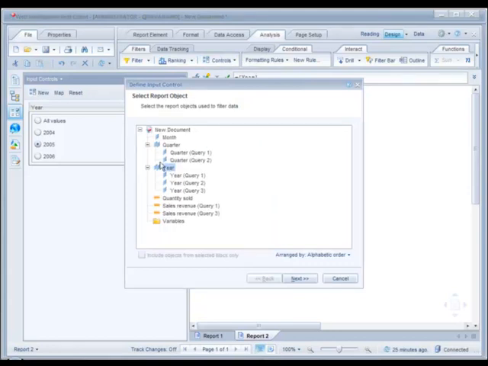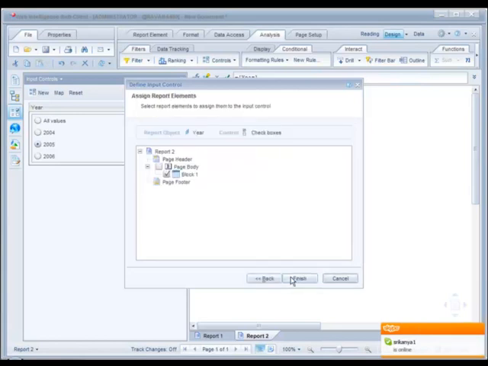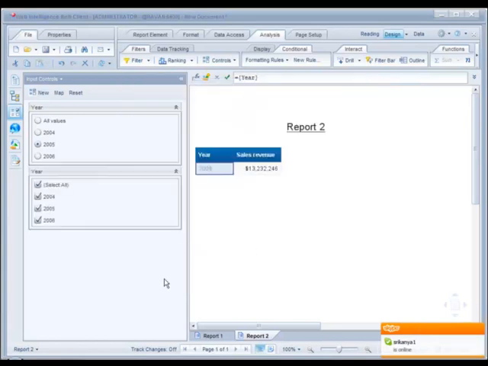Select the checkbox. You're creating a checkbox based on year. Yes, select year. Click on next. Click on next. Click on finish. You created the checkbox. If you want to display all values in the radio button, display all, but here you want